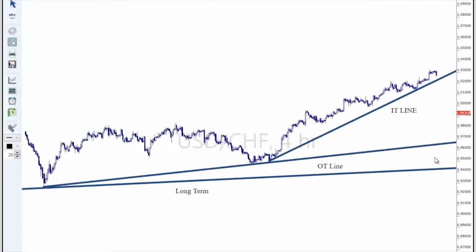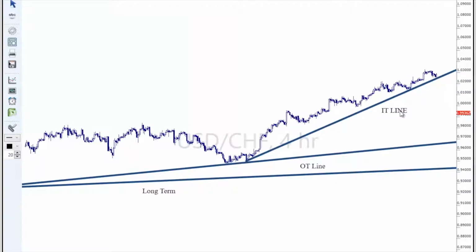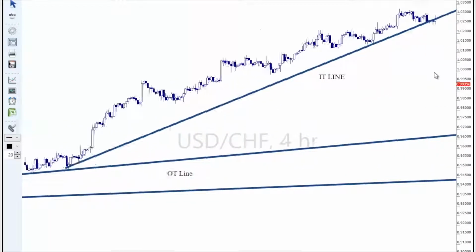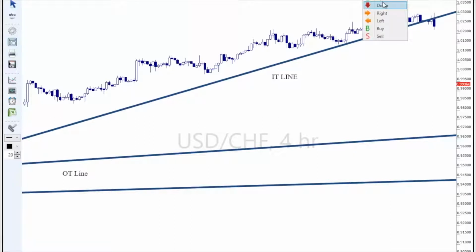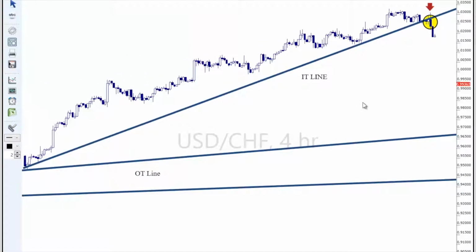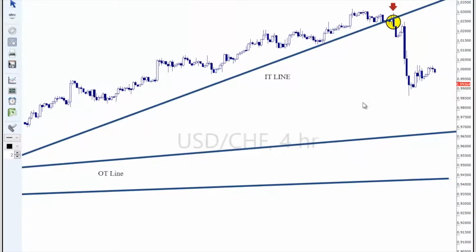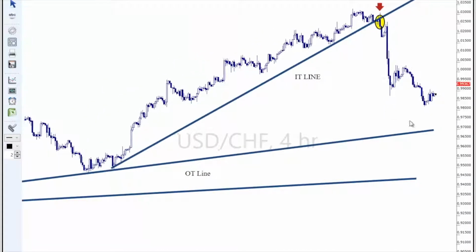Okay, and so what this basically means is the market was making higher highs and higher lows much faster, so we have our inner trend line. When the inner trend line breaks right here, let me go ahead and zoom in, you should see the inner trend line starting to break there. That is a clear signal for you as an investor, hey, Mr. Trader, Mrs. Trader, look at me, start looking for potential reversals, selling opportunities, counter trend line breaks on the way down, A, B, C, D swings, bearish opportunities,